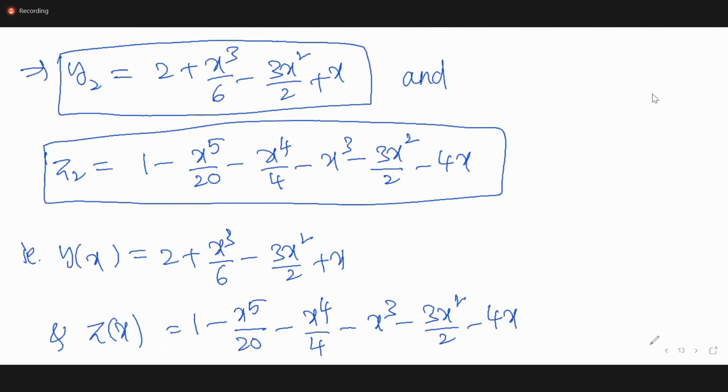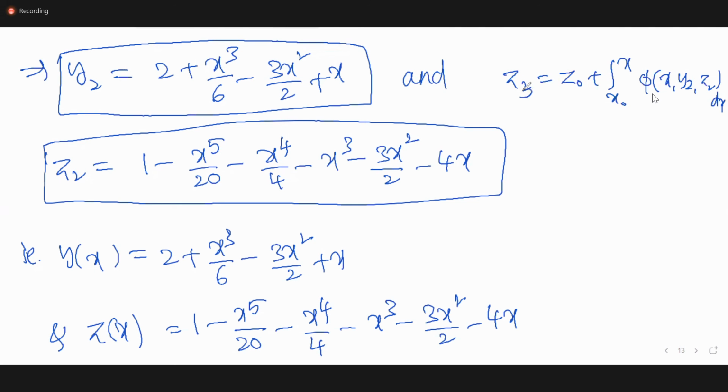Is it possible to find the third approximation? No, it is very difficult because in the second function we have x minus y square. In the next approximation y3, we will get f of x and phi of. In the second approximation of z, what is z? Z naught plus integration from x naught to x phi of x comma y2 comma z2.